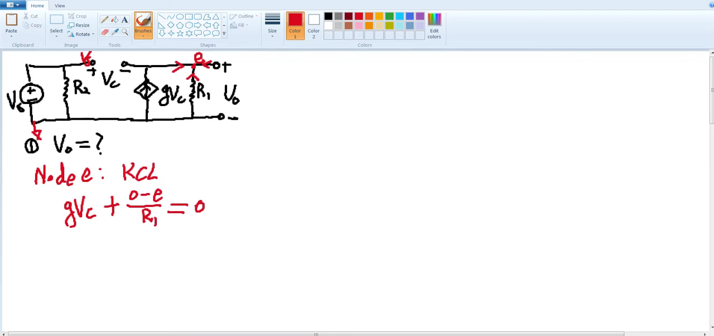Then, using this equation, we can express the electric potential E as GR1 times Vc. However, Vc is not explicitly given in this problem. We still need to further decide what Vc is using the known value, which is Vs, R1, and R2, as well as G. In order to decide on Vc,